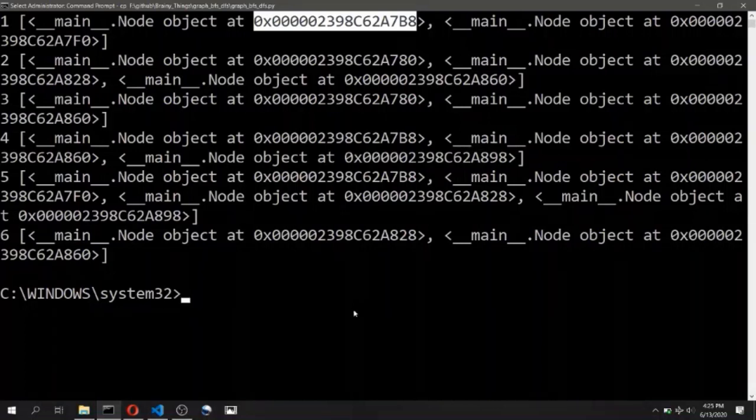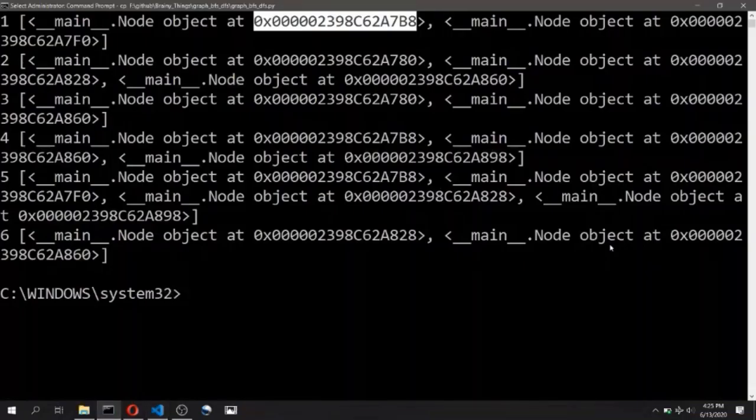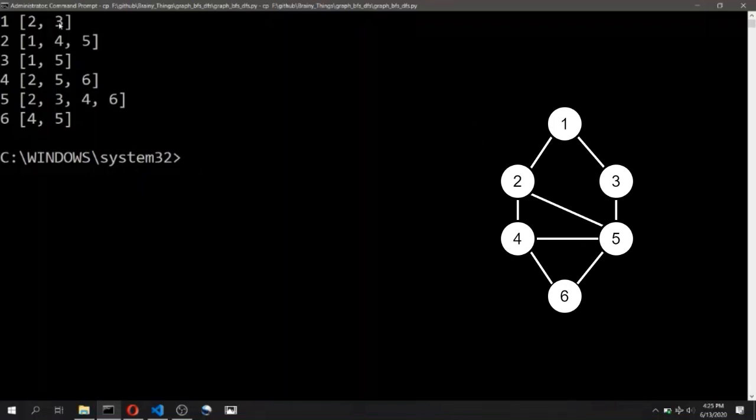So to see the value of this node, we will print the value of these neighbor nodes instead of the node object itself. For that, I will use a list comprehension over here: for nn in neighbors, we will print the value of the node. Let's see by running this program again. We get an adjacency list over here, that is for node 1 the neighbors are 2 and 3. For 2 it's 1, 4, 5, and you can verify this with the graph over here.